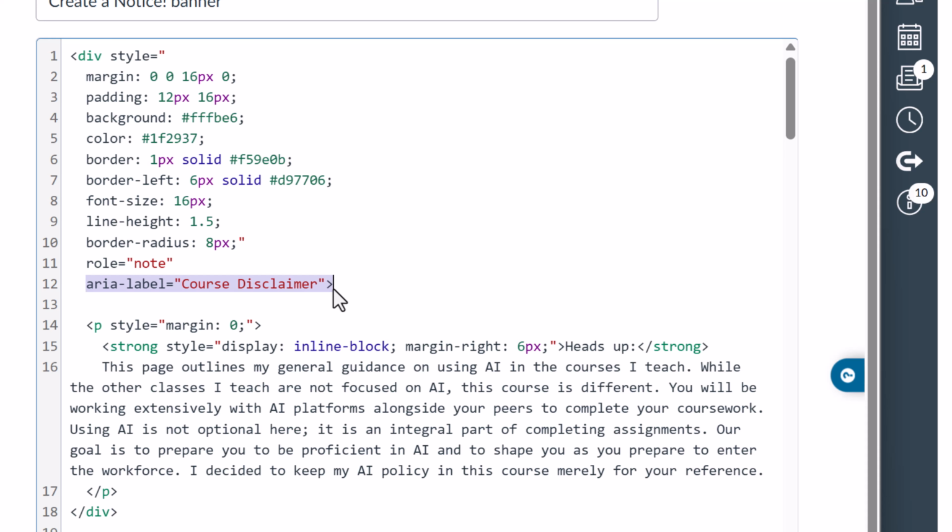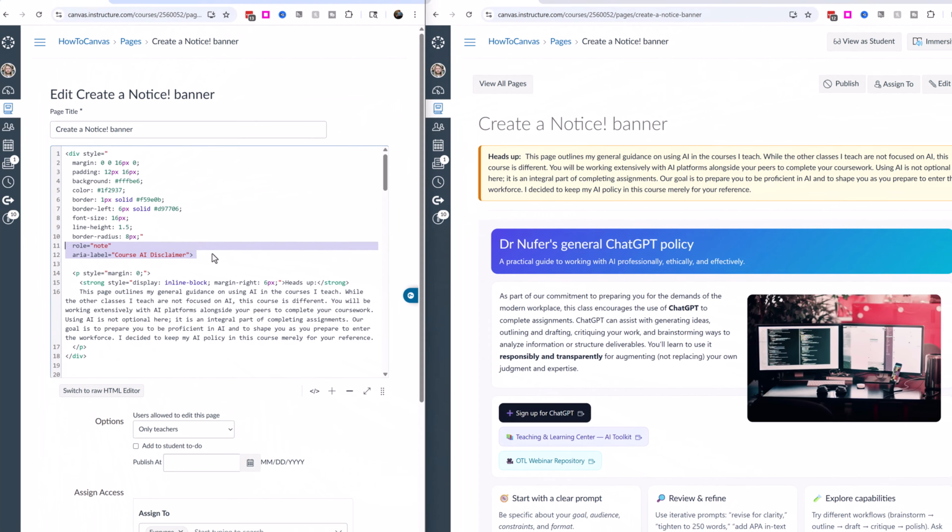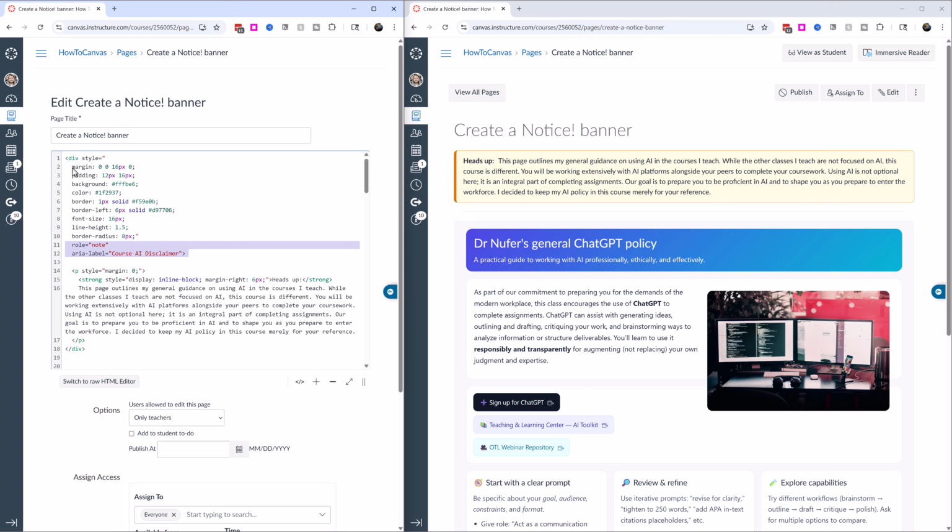And so if somebody's using assistive technology and encounters this box, this div, then it's going to announce it as course disclaimer. I could even put course AI disclaimer. I should probably change it to that. It doesn't really matter, but that's just to help our students who need some accommodations with assistive technologies like screen readers and such. So now hopping over here, I have the div, and then I have a margin,